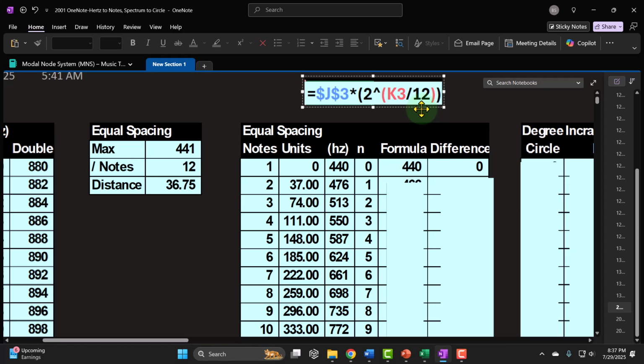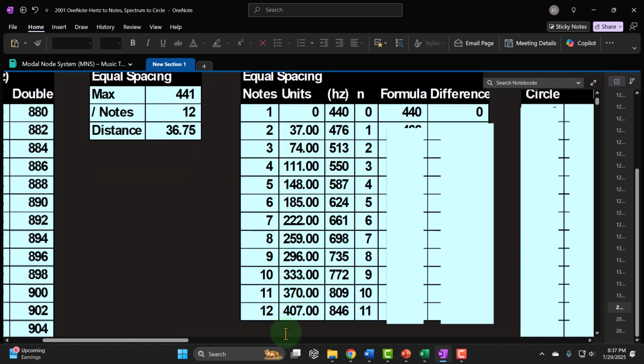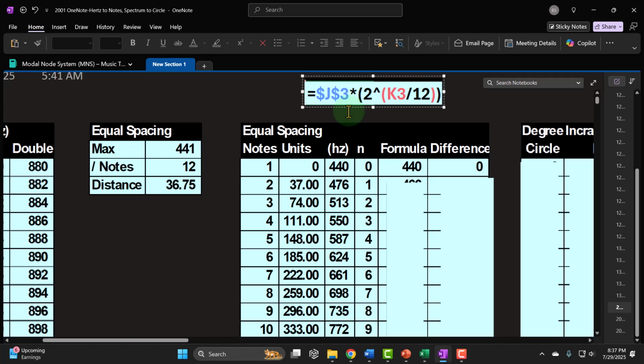What this is doing is it's basically saying I have 12 degrees, and if I'm only looking at 12 notes, I want to bend it into a circle. So this is giving us a bended 12-note circle by taking the starting point here, and you can imagine we're drawing a compass around it, right? We put the point of the compass in, and then we're drawing a circle around it that's going to have 12 points by doubling it to each point divided by 12, right? And so if we do this to each one, this one would be still the 440, but now the